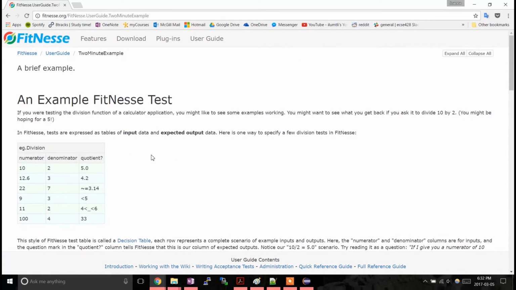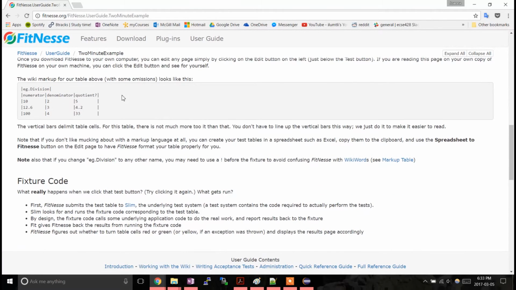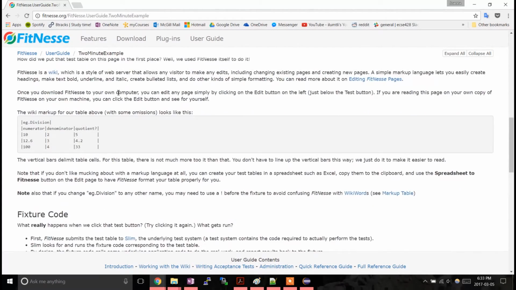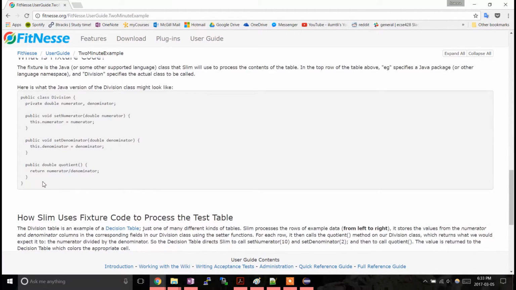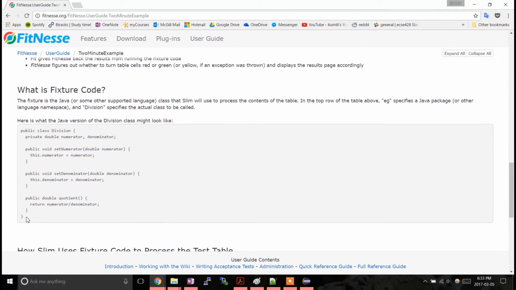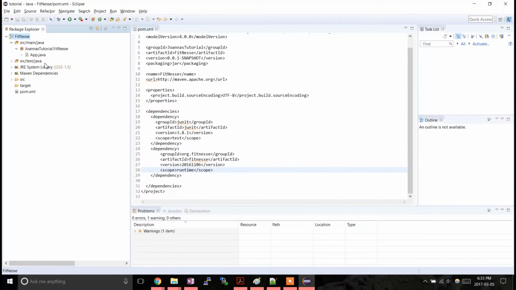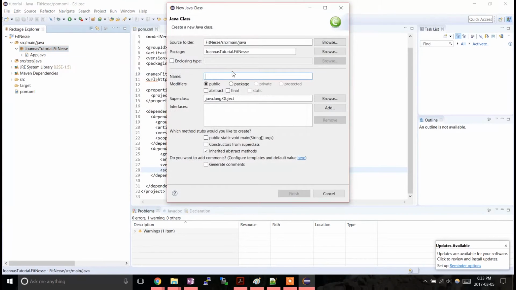Here it is. So we're just going to take this example, but we'll make it cooler because we'll use Selenium Webdriver. All right. First of all, I highly recommend reading through this to understand what this is. But this tutorial is just about the setup. We're going to take the fixture code, copy that, and we'll make a new fixture. So we put it in source/main/java inside the package. So right click new class, and we'll call it